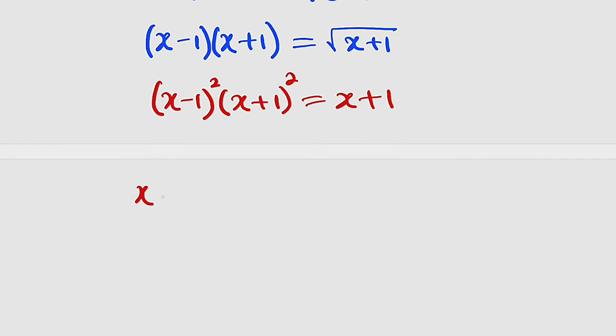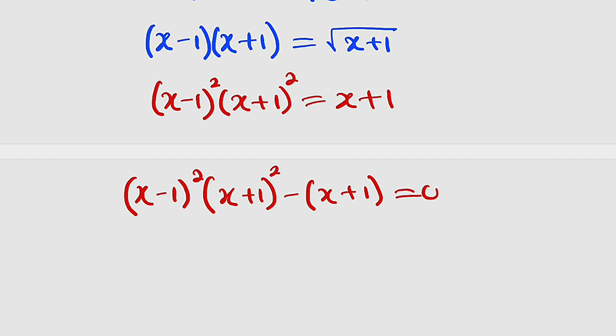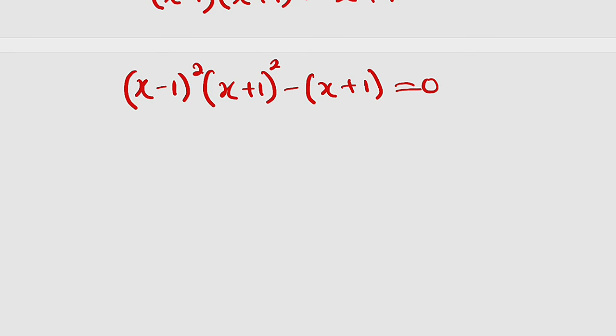Now I would like to take this one to the other side. We have (x minus 1) squared multiplied by (x plus 1) squared. As this crosses over, it becomes negative (x plus 1), and this is equal to 0, right? Now you can see that we have x plus 1, so we can factor out x plus 1. So x plus 1 outside